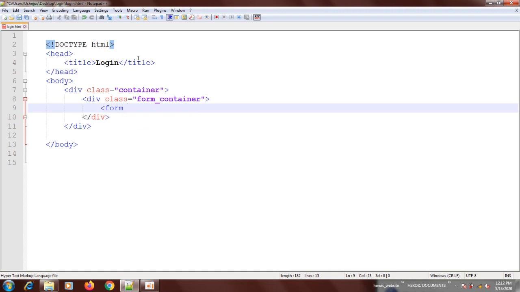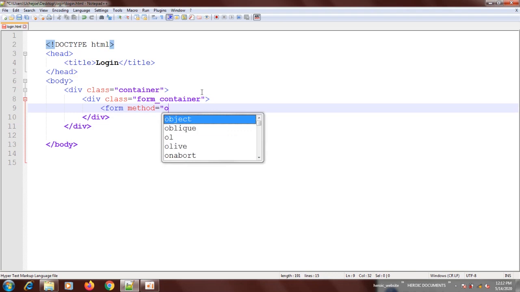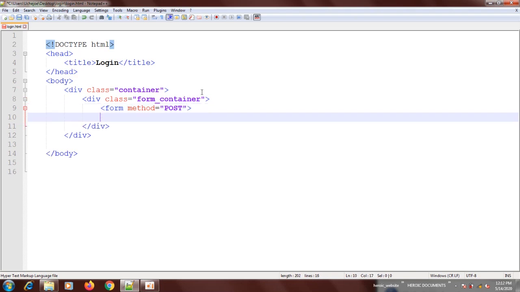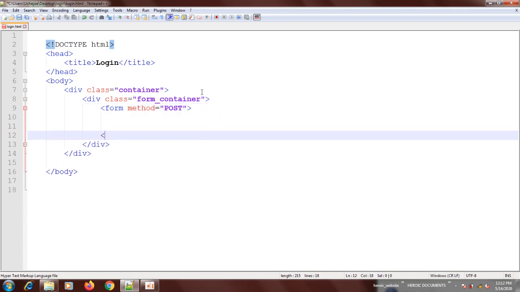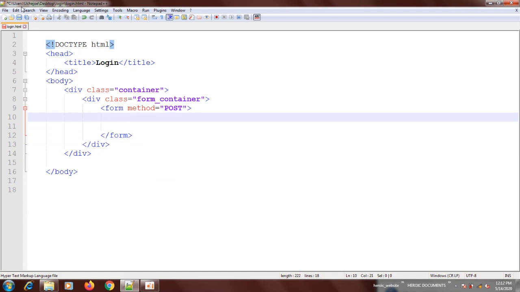I'm going to just create a form. I'm not going to put anything there. Maybe I'll say method post. Alright, for now, let it be this way. Then you come down here and close the form. Beautiful. So I didn't close the form. Let me save again. Then you come inside the form.